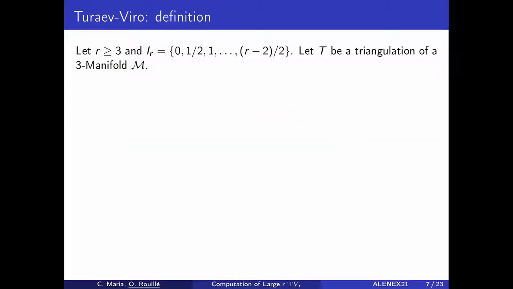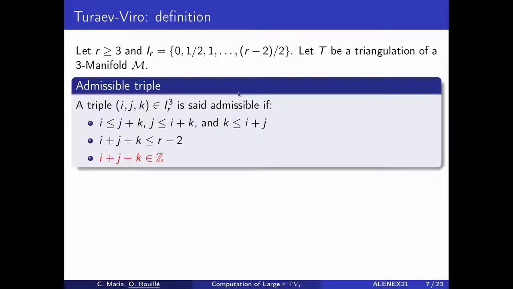So now the main part of the presentation, the definition of the Turaev-Viro invariant. So Turaev-Viro invariants are colorings of the edges of the triangulations. So let's take another integer r larger than 3, and the set of colorings is a set of integers and half integers between 0 and (r-2)/2. Now let T be any triangulation,